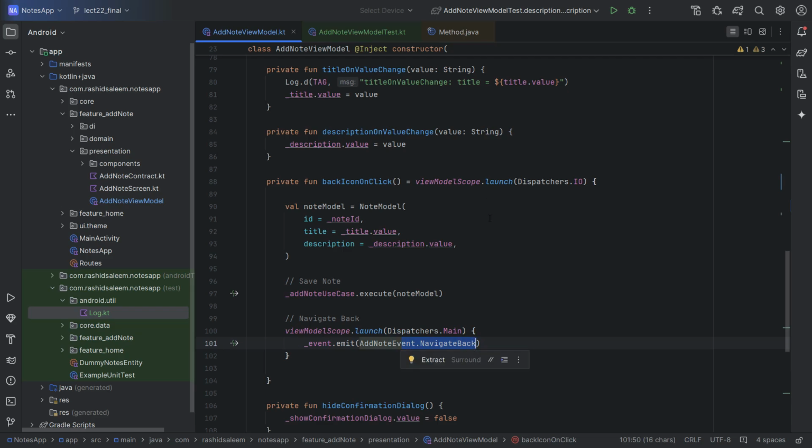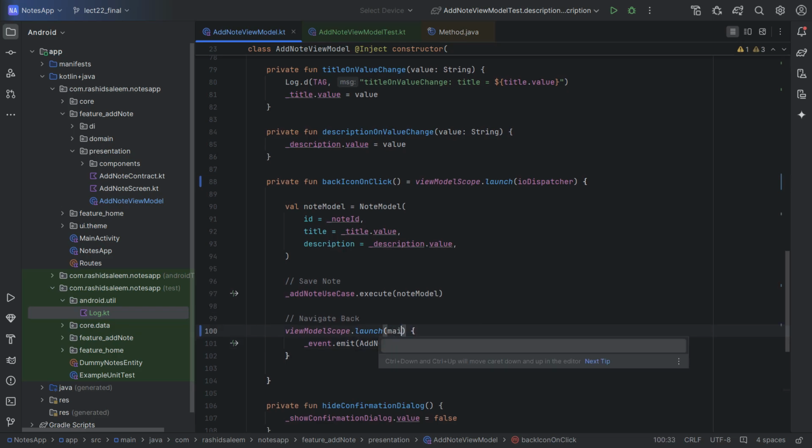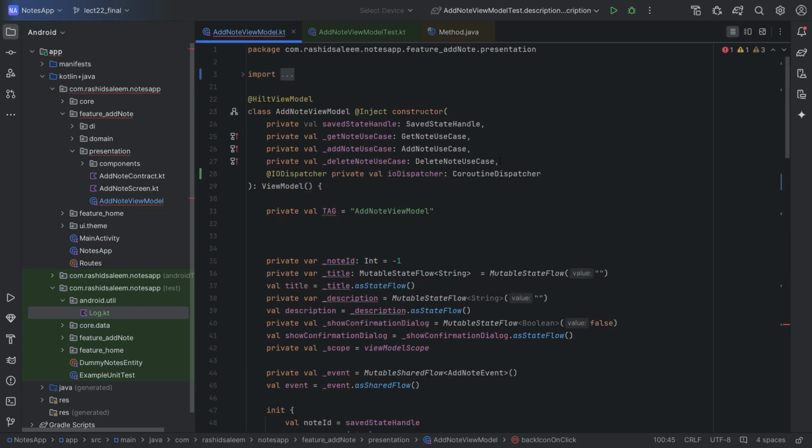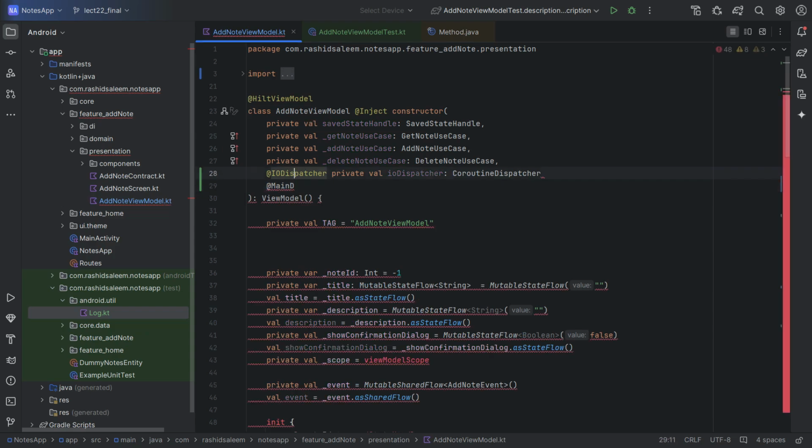So let's write a test for this function and verify things at different points. First of all, we will use the IO dispatcher here and pass in the main dispatcher, which we will be passing through the constructor. So main dispatcher,